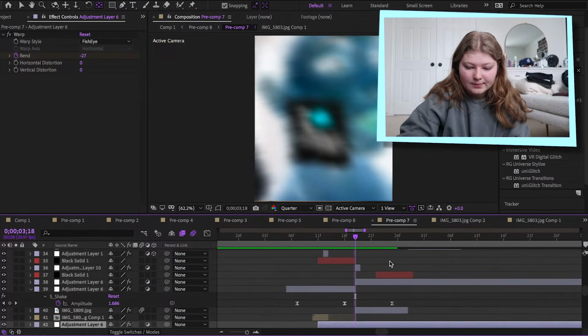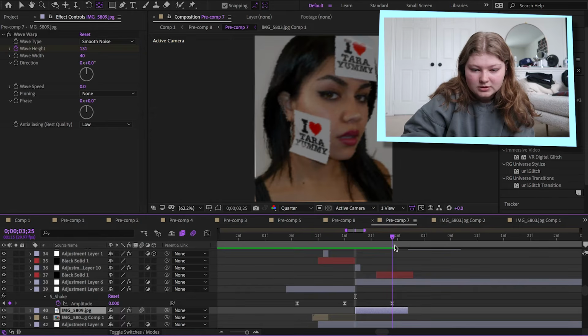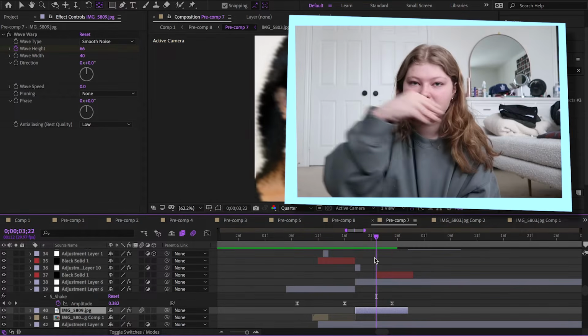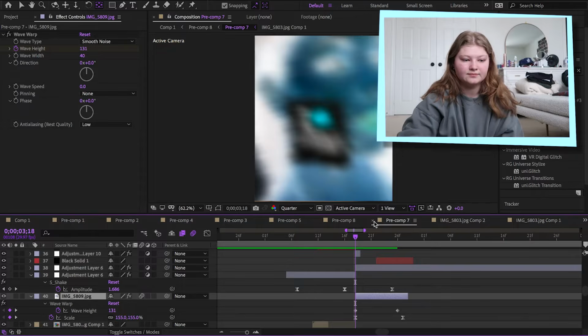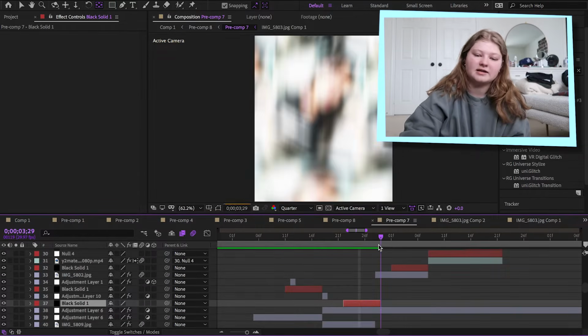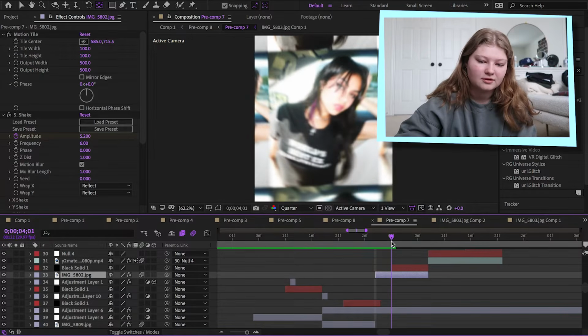Then the next clip, I have another flash, but it's the invert effect. I also added wave warp for this glitch looking effect. So this is my settings over here. Then that's kind of it. I didn't even do a transition for this one. So this one has motion tile, and I didn't zoom it in all the way